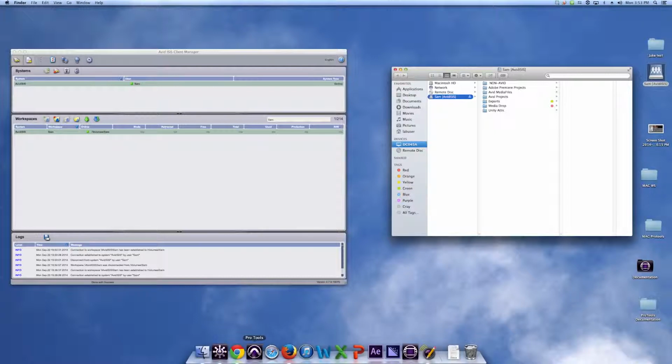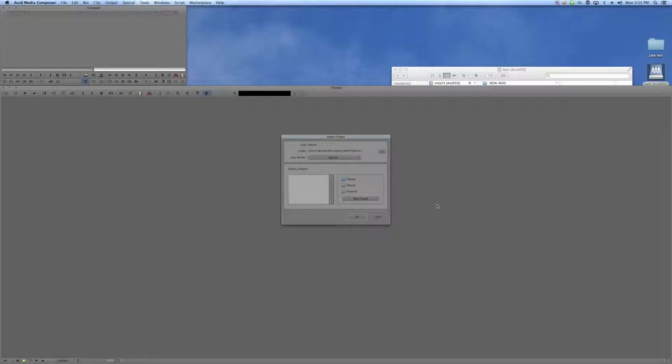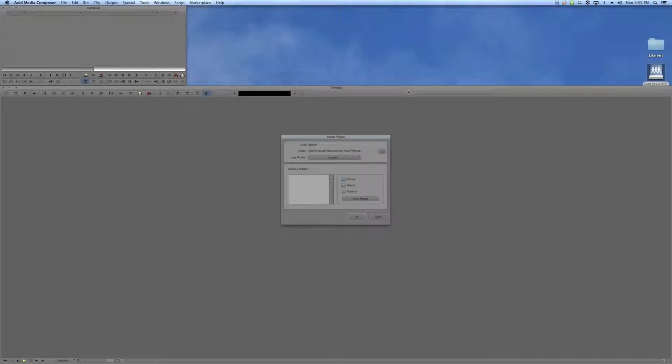So let's open Avid. Right there, Avid Media Composer. Avid Media Composer will take a couple minutes to open. It's just sort of a slow program. Okay, and with the magic of editing, I have fast forwarded 30 seconds and I'm now at the opening splash